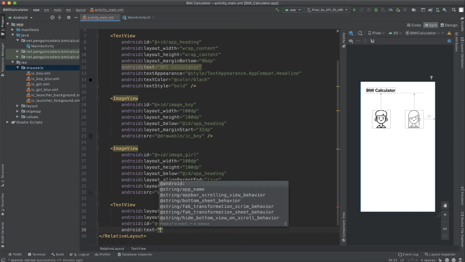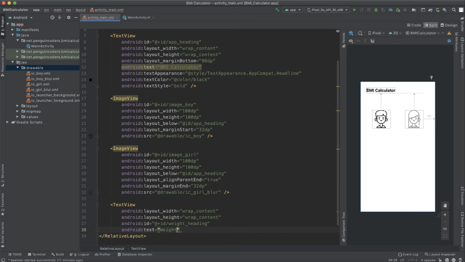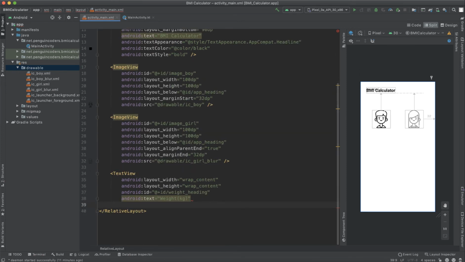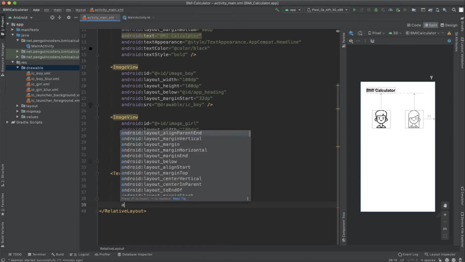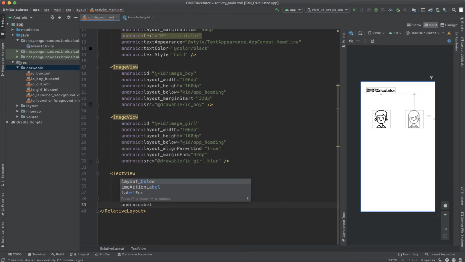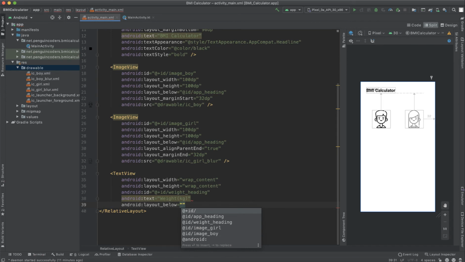So Android text is equals to weight, and in bracket we will write it as kg. And now we need to keep it below our boy image. So layout below is equals to image boy. So we will see weight kg has appeared here.